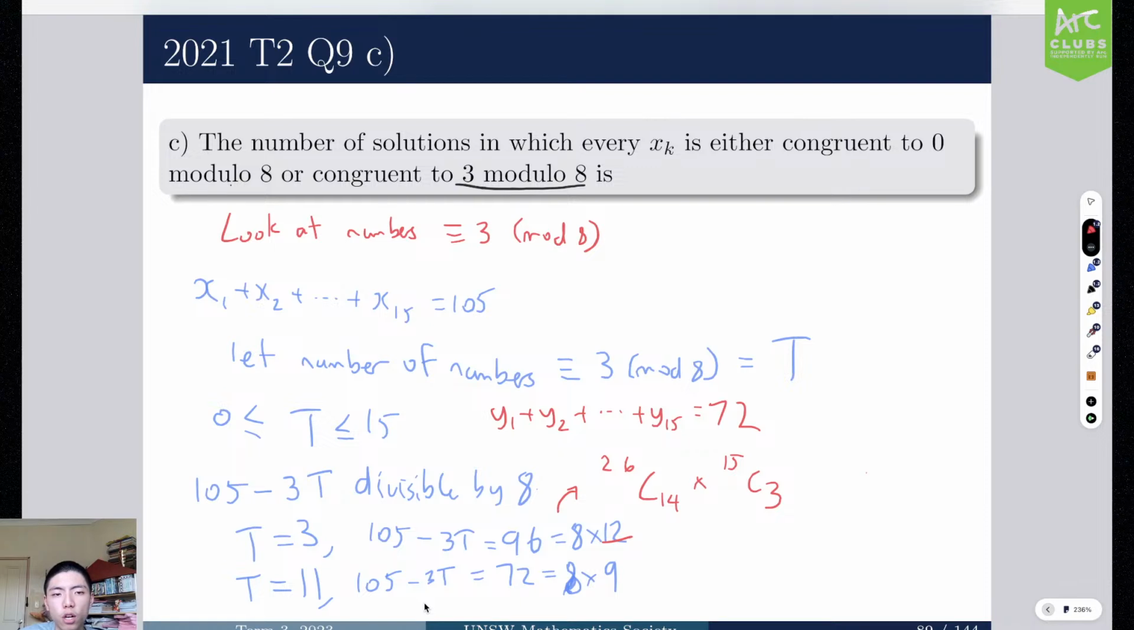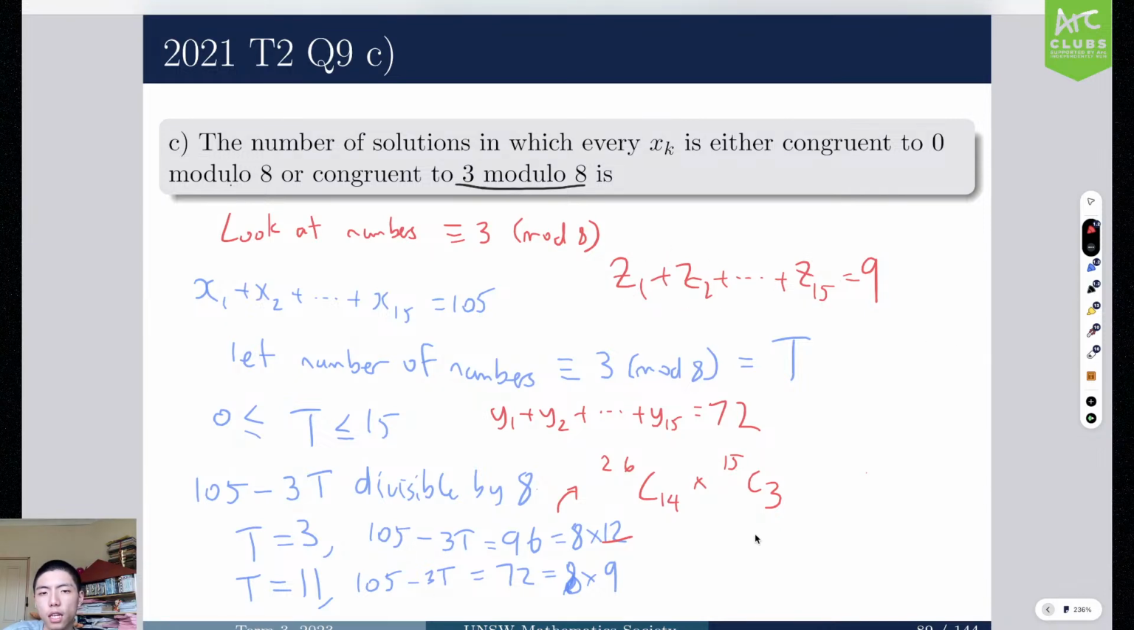Because after we subtract off all of the extra remainders of 3, we are left with something that is purely going to be divisible by 8. So we can chop this into the z1 plus z2 and so on equals 9, because 72 divided by 8 is equal to 9. So now what we are doing is we are splitting these 9 units across the 15 numbers that we have